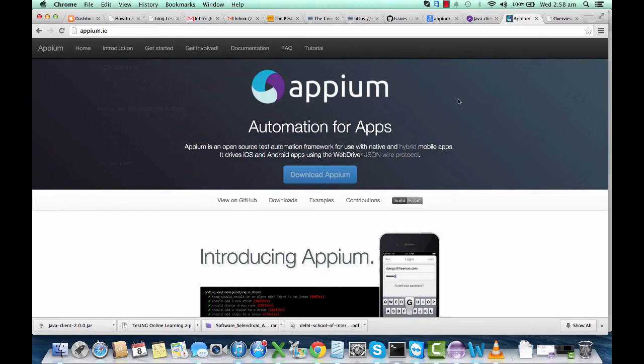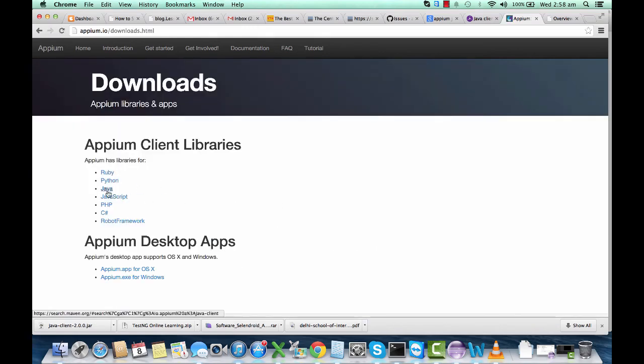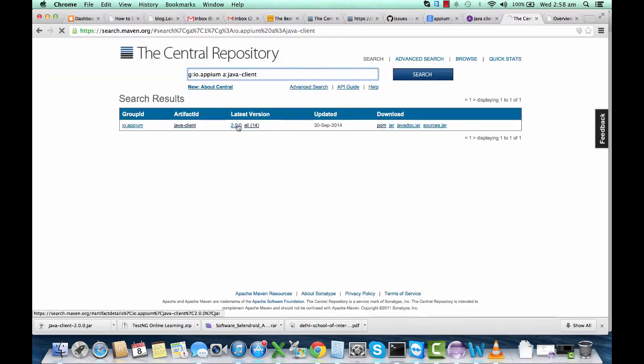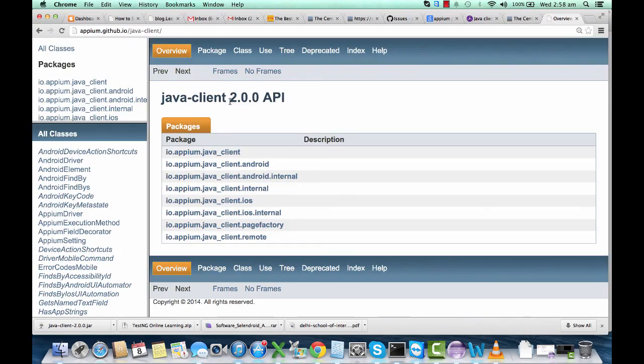So many of my students came back to me today saying that they're facing some issues in the latest Appium code that they are executing. Basically, what the Appium guys have done is they have recently launched one of the latest APIs of Appium, that is 2.0, right? So if you go to the Java docs, this is the Java client 2.0 that has been launched,